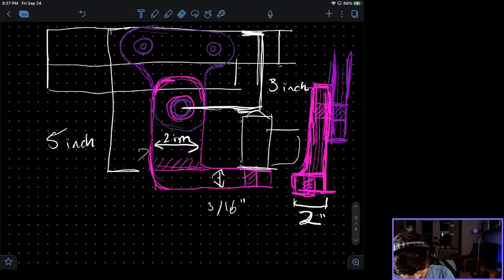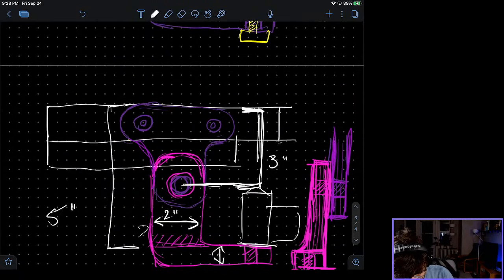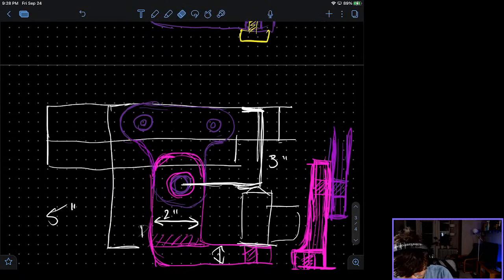I think we have the basics of what I need, right? Do I need anything else? I think I can kind of do it from here. What do I want for this distance right there between those two holes?